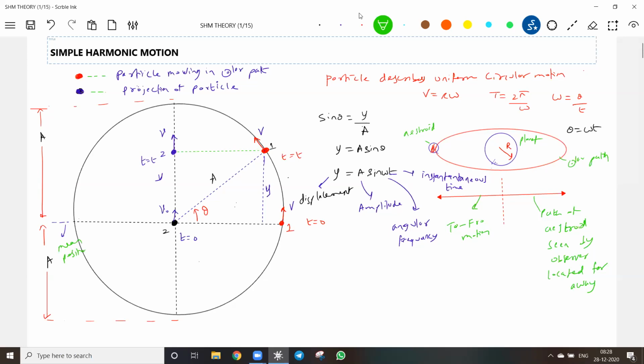I'll call this the upper extreme. The terminology is very important. Almost all numericals, the same set of formulas will be used. This is called the upper extreme, and this is